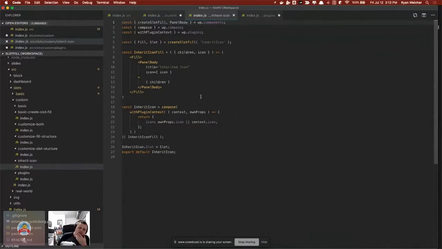So what we want to do here is we're going to use a higher order component called WithPluginContext. And so we need the compose function, which is going to add that to our function. I think it's an alias for flow right. Correct me if I'm wrong. Most likely I am. And yeah, so we have a fill and a slot. We're going to create our fill component here. And we're going to have a fill. We're going to put a panel body inside. So it's going to take a prop of icon. So we can pass our own icon, or